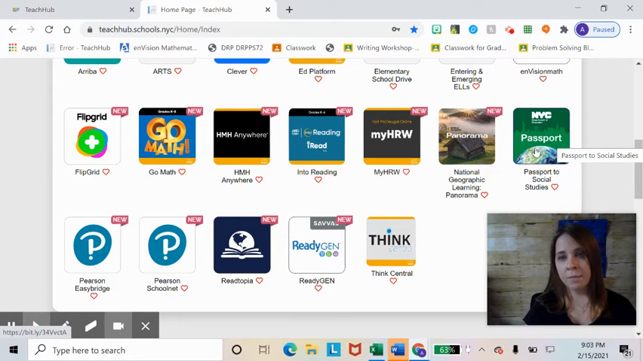So you're going to click on Passport to Social Studies, and you could even save it. So when you log into Teachhub the next time, it's already in your content. So I'm actually going to heart it, and now it's going to be in my content every time I sign in, that I'm going to automatically see it in my dashboard. So now that I've done that, I'm going to click on it,